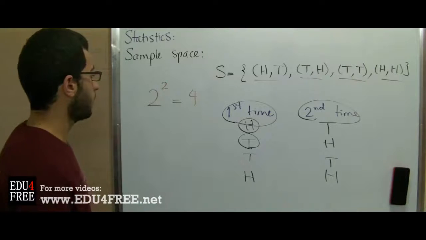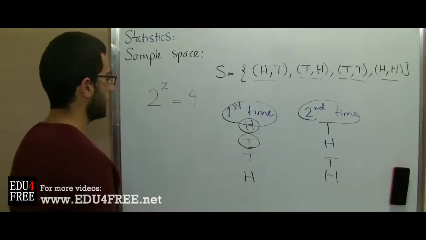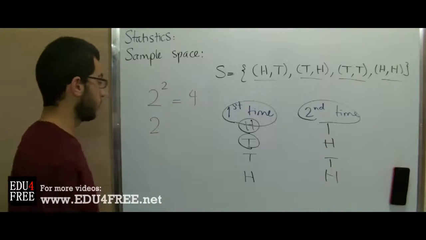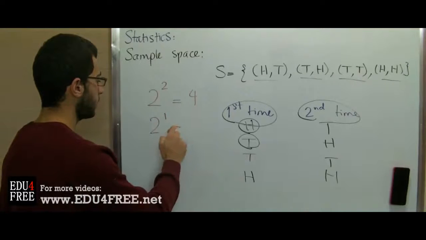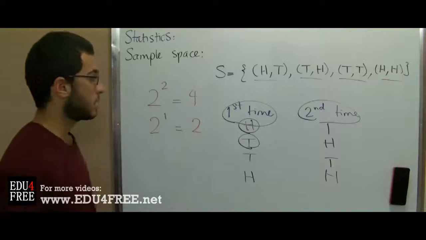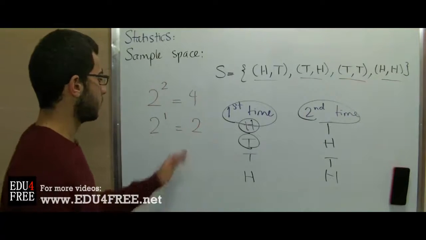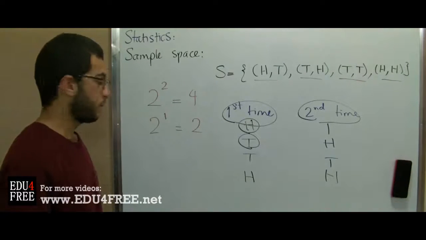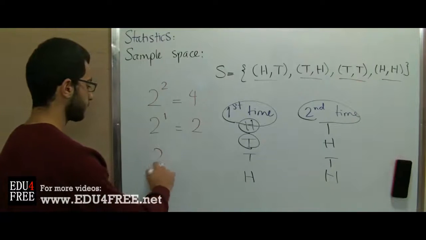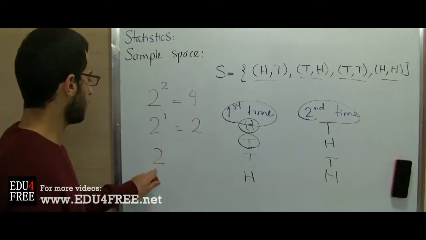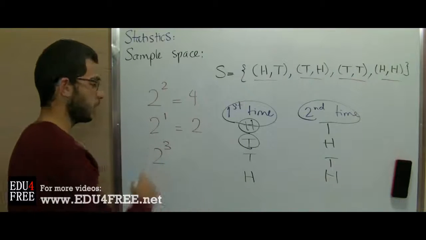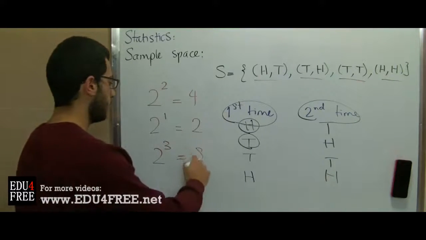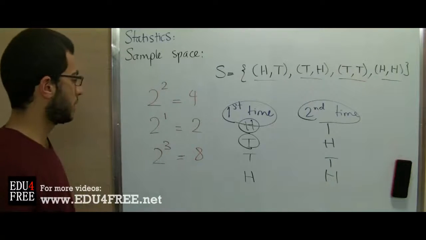Back to the first example, our 2 possible outcomes are heads and tails. There are 2, and we tossed the coin once. 2 to the power of 1 gives 2, and our sample space contains only 2 outcomes, which were heads and tails. So, if we repeated the same experiment, which has 2 possible outcomes, heads and tails, for 3 consecutive times, the sample space will contain 8 possible outcomes.